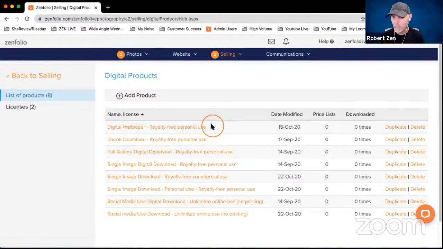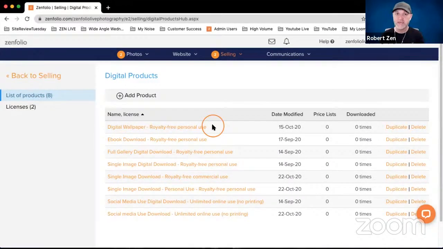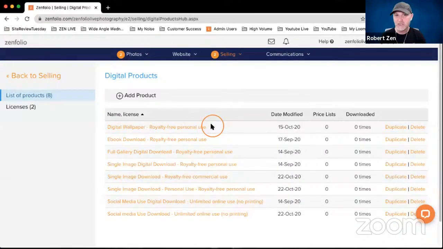You could do a lot more with different sizes, different licenses, but the thing to keep in mind is that any license agreement or use that you want to offer a digital download for, you need to create an individual digital product for that. You can't create one digital product and then have multiple licenses attached to it where they get to choose from a dropdown. You have to create a digital product pre-configured with the license that you want to attach to that specific use